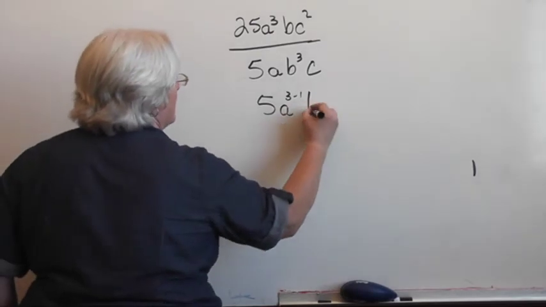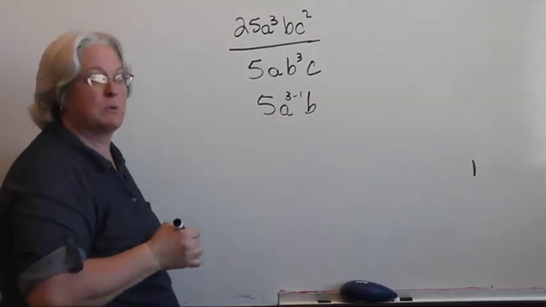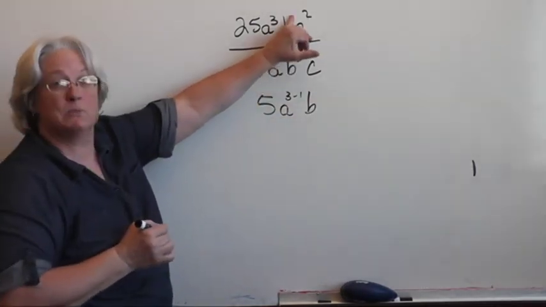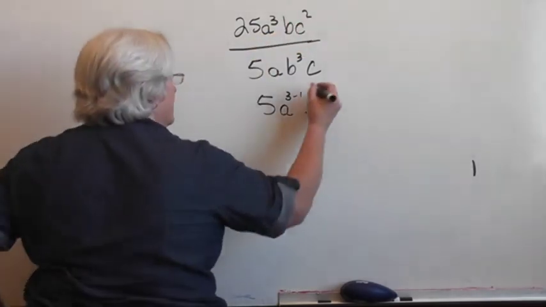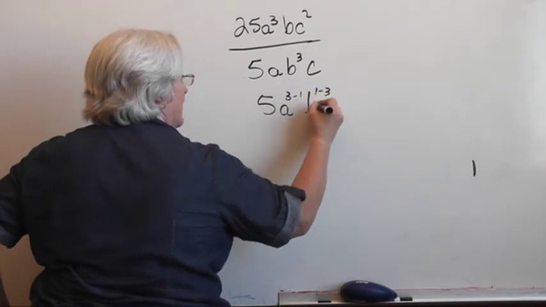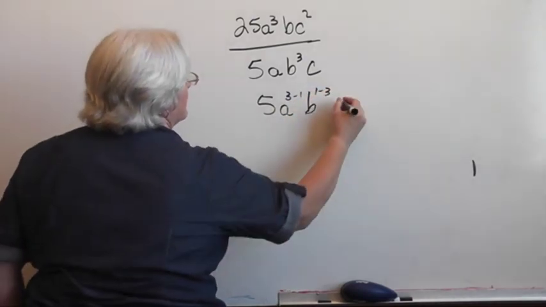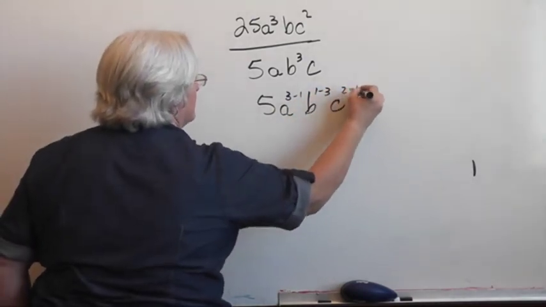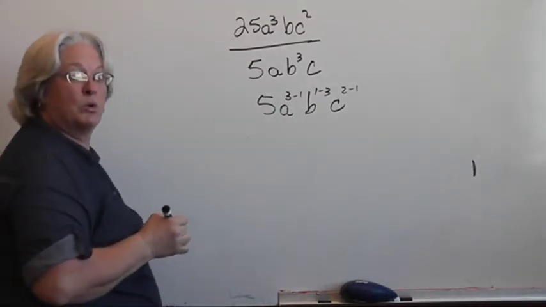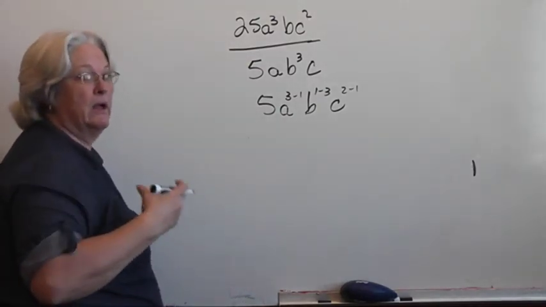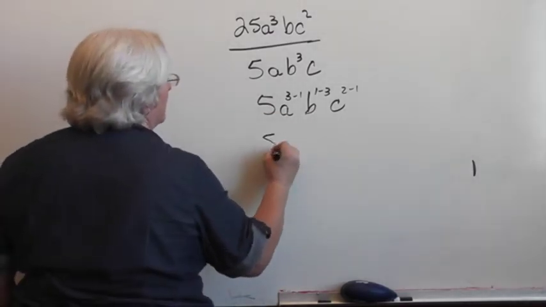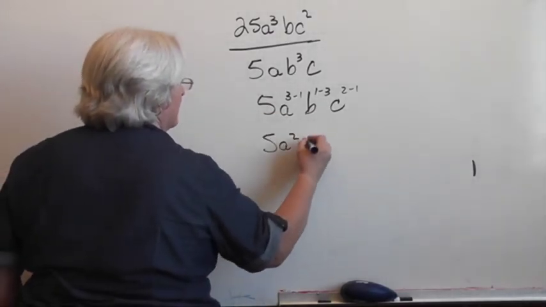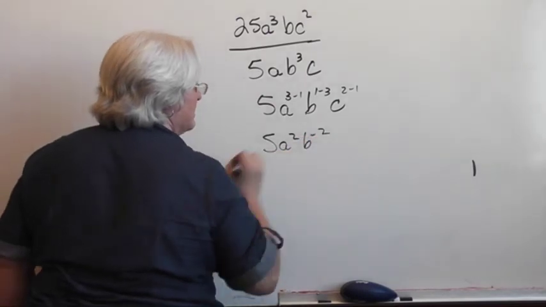Now you have b, we want to subtract the exponents. I don't see an exponent with that b, but there's still a factor of b there, so it's b, 1 minus 3, c to the 2 minus 1. Okay? Hang in there, it's really strange sounding, but you can do it. 5a squared, b to the minus 2,